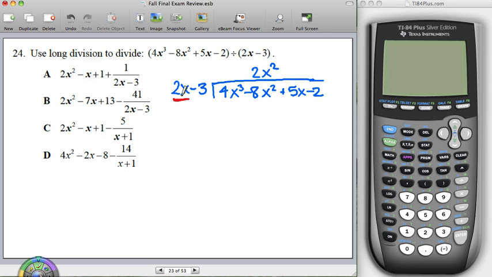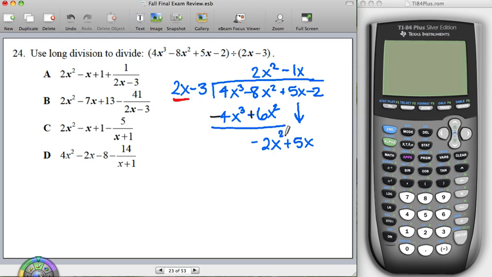I'm going to multiply both of these by 2x squared. So that's 4x cubed minus 6x squared. I'm going to draw my line and change my signs. And then I can combine. So that leaves me with negative 2x, and then I can bring down my next term. What times 2x gives you negative 2x, and that's going to be negative 2x